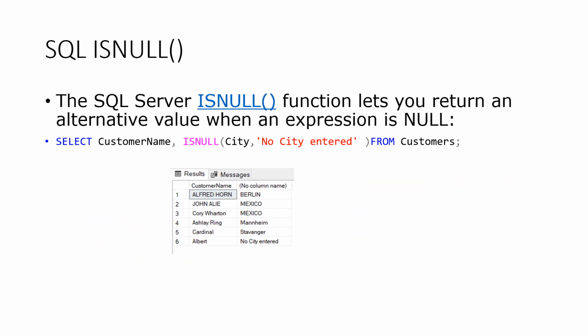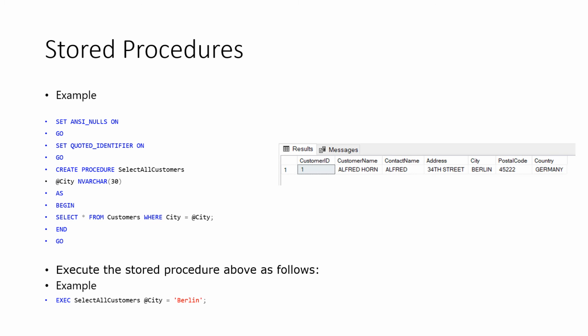There is also the is null function. The mentioned SQL query will return the text "no city name" if the city column is null for any record. You can see that the is null function is used on the city column, and if the city is null, this is returned, and at the bottom we get the result of this query.